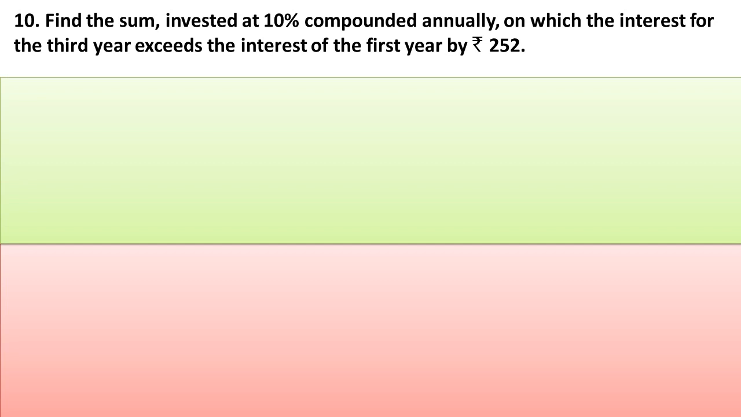It means to say that the difference between the interest of the first year and the third year will lead to rupees 252. While learning the applications of compound interest, we have learned that the compound interest of the third year will be more than the compound interest of the first year. So the difference between the compound interest of the third year and the first year will be equal to rupees 252. As the sum is not given in the question, let us consider the principal as rupees 100